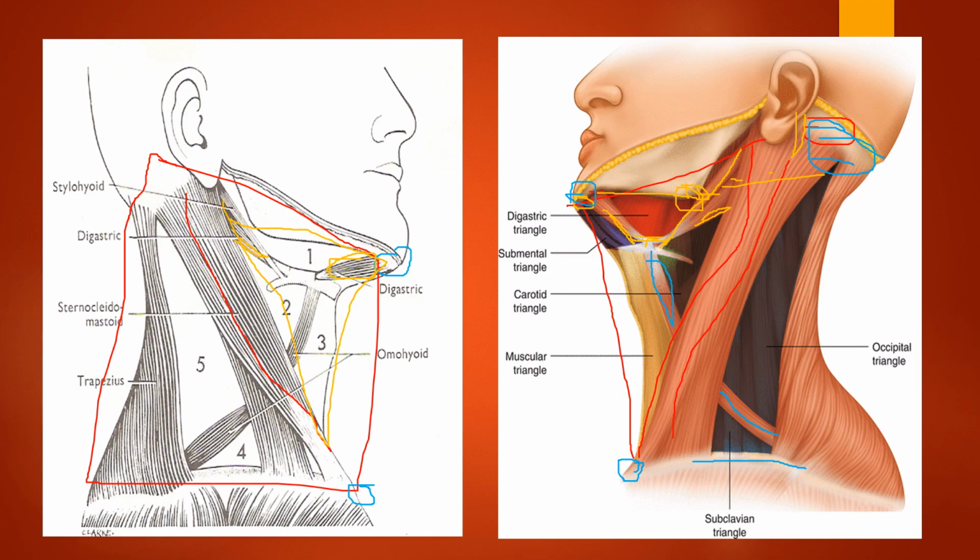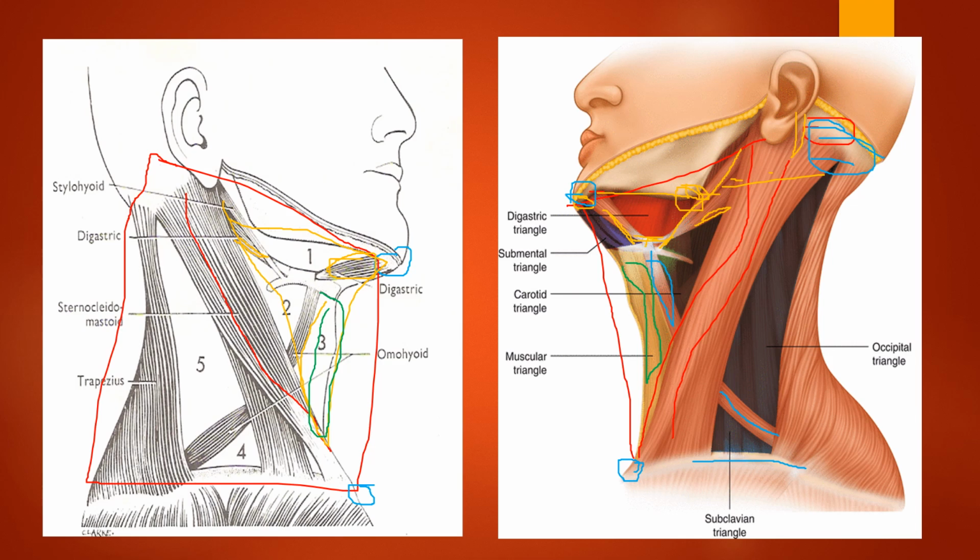The third will be the muscular triangle. You can see this. This is going to be the muscular triangle. I will show you it in green color. Number 3. This is going to be the muscular triangle. You can see here. Yes. So this is the muscular triangle, which the name insists the main content is going to be muscles. That to the infrahyoid muscles.